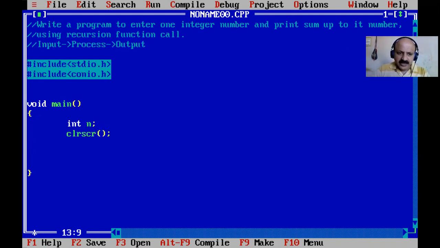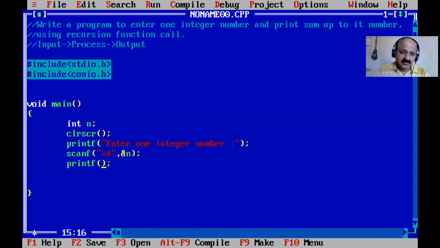And enter one integer number, that is our input. Then scanf with percentage d and ampersand n, and then we can print. We will print the sum up to that number, but first we print the number itself.